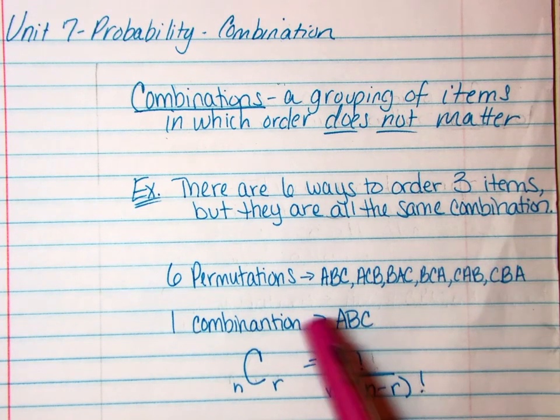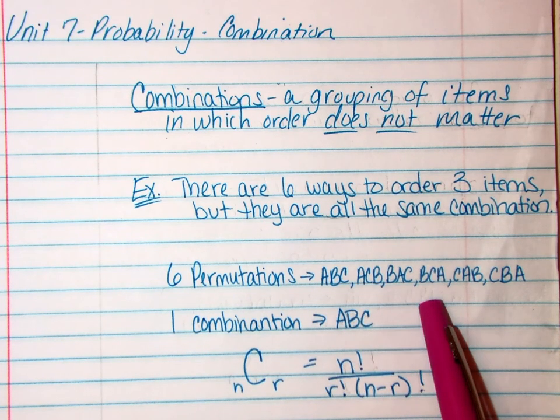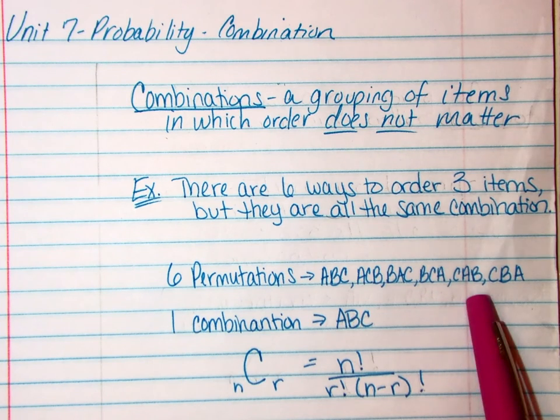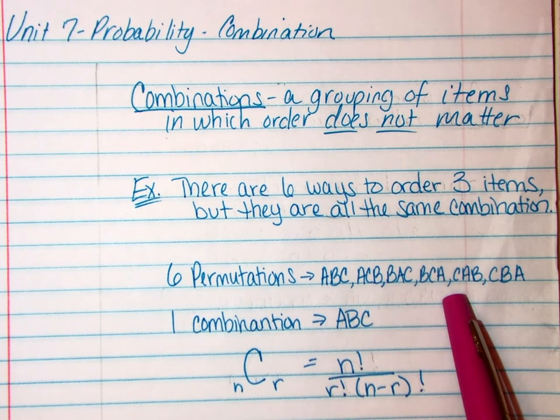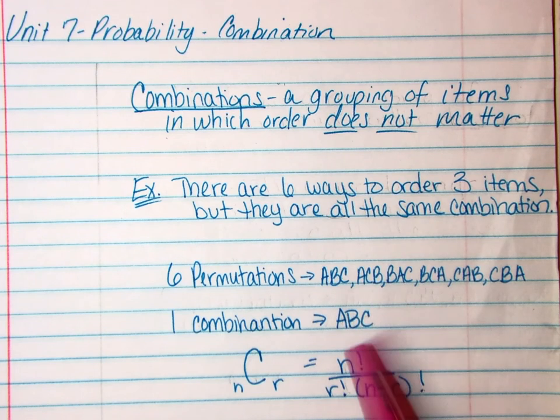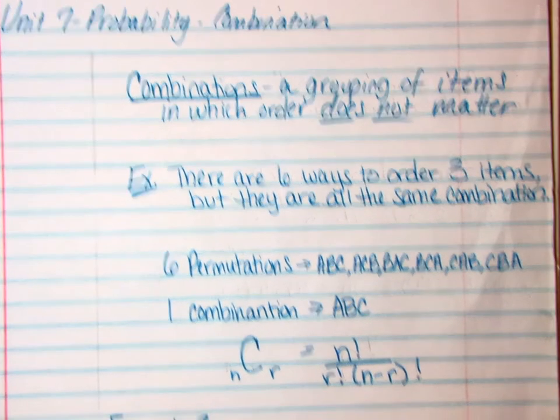So if we look at permutations, you can have ABC, ACB, BAC, BCA, CAB, CBA. There's 6 of them. But each one is just a combination of A, B, and C. So our combination formula,